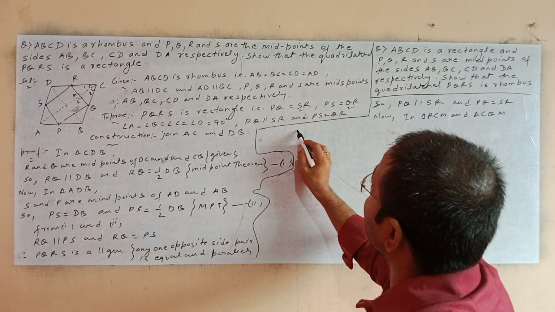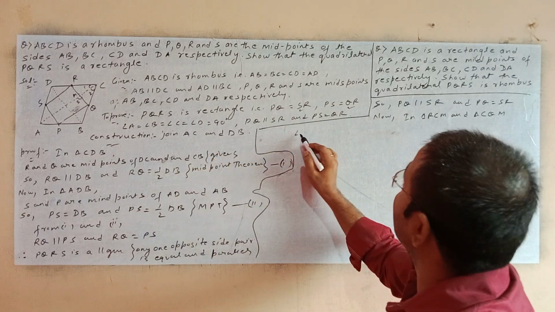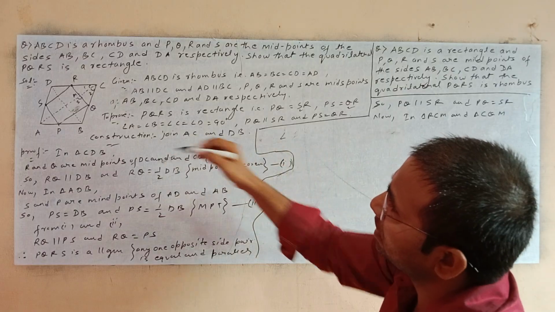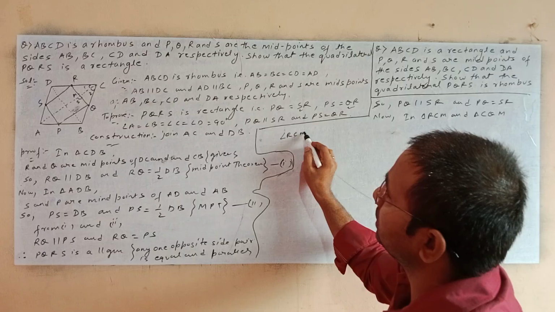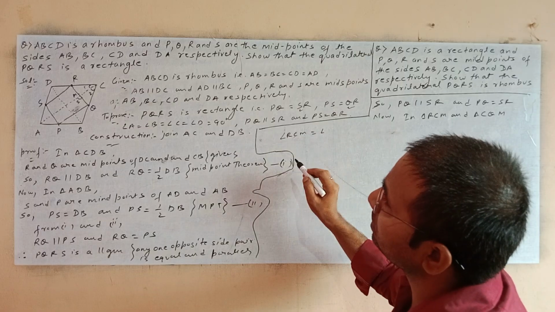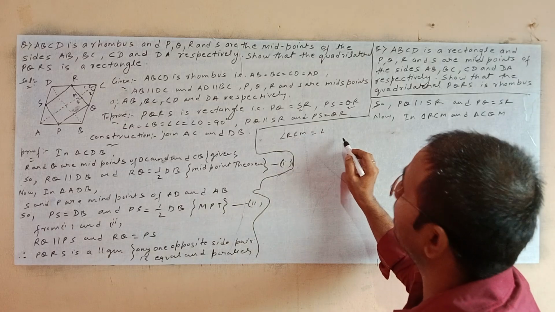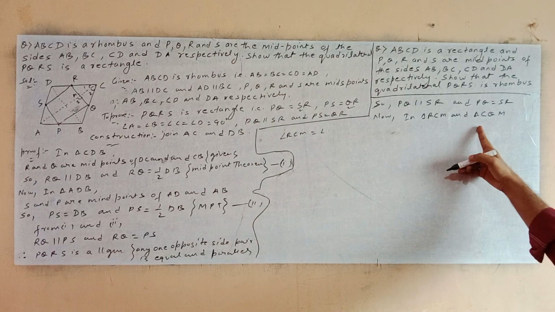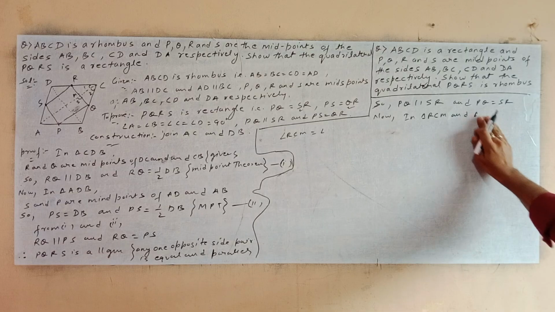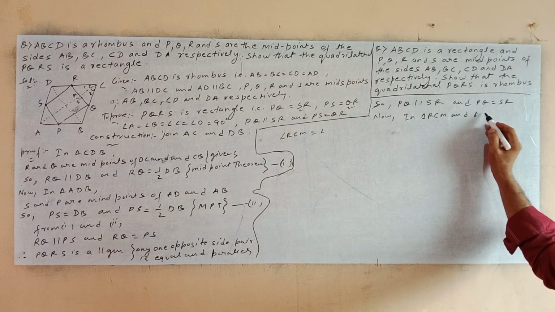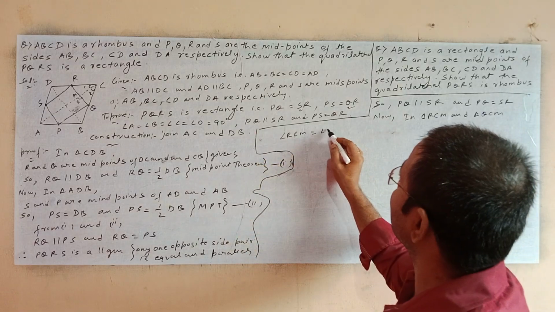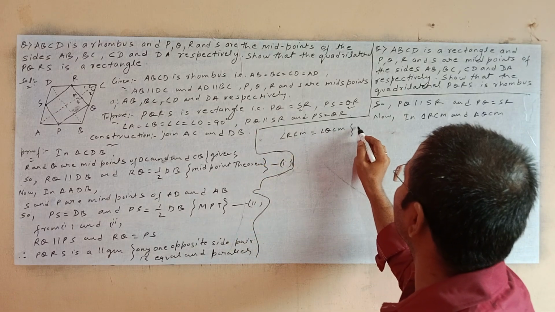So write angle RCM is equal to angle CQM. RCM, CQ, don't write like this. RCM we have written with the QCM. So RCM is equal to QCM because